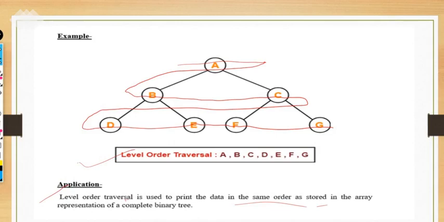So today we have covered the spanning tree, the minimum spanning tree. In the minimum spanning tree, we have calculated how to find it using shortest path algorithms. We have discussed two algorithms: Prim's algorithm and Kruskal's algorithm. And at last we have discussed tree traversal, two types: depth first traversal and breadth first traversal. Under depth first traversal, we have discussed pre-order, in-order and post-order. And at last we have discussed the breadth first traversal, or level order traversal. So all these topics we have covered in this lecture.